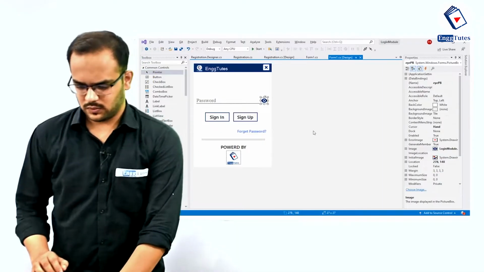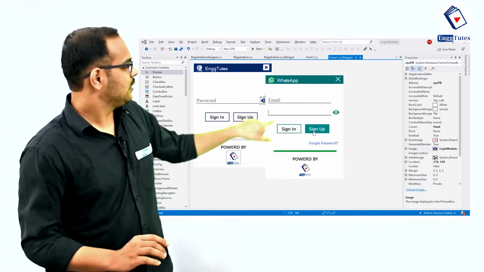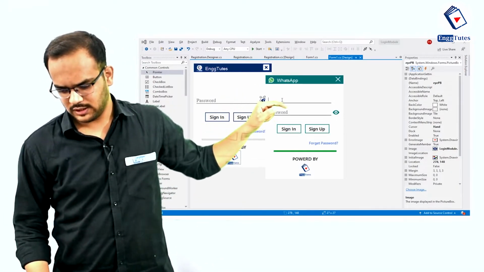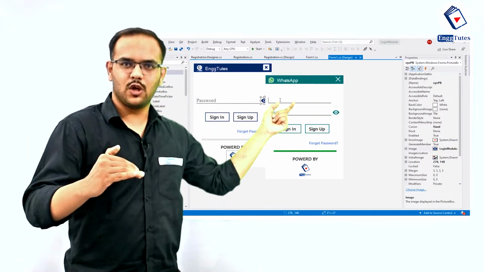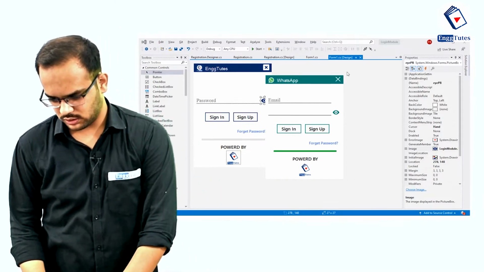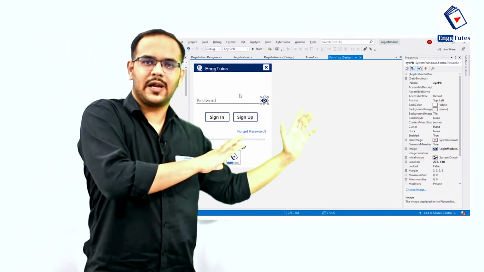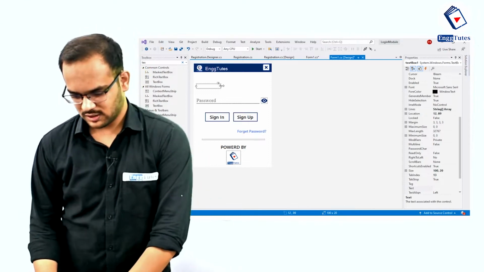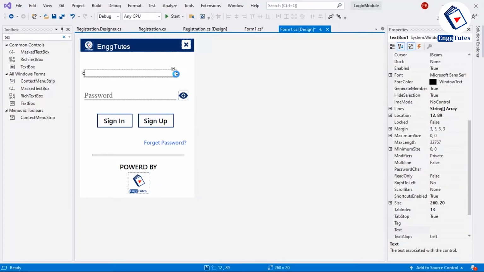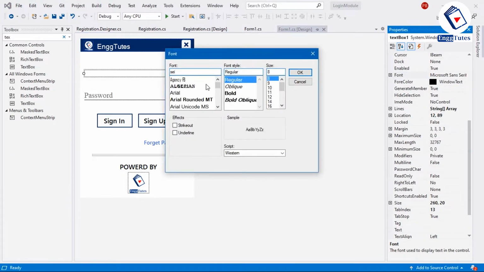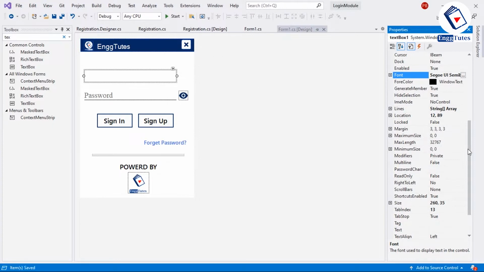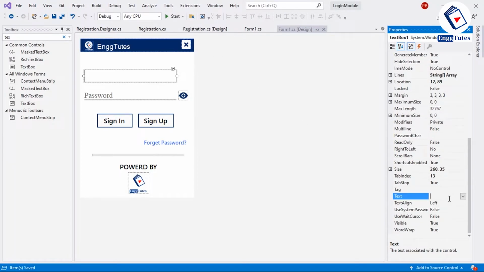Okay, now the next thing was how to get this type of text boxes. Right here you can see we don't have any border, and we have a slight line below the text box. Okay, so see, I have not created an email text box here. You have to do it with me. So just adjust its width, then adjust this form. I have used Segoe UI, then semi bold, and let's say 60. So you will get this, and the text is Email.